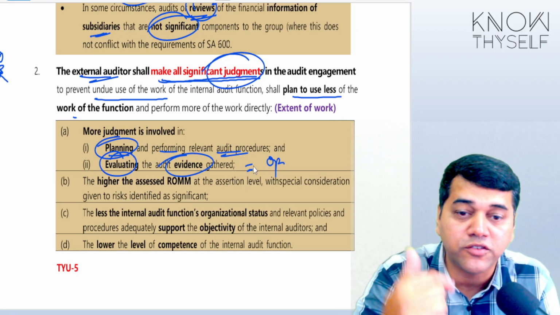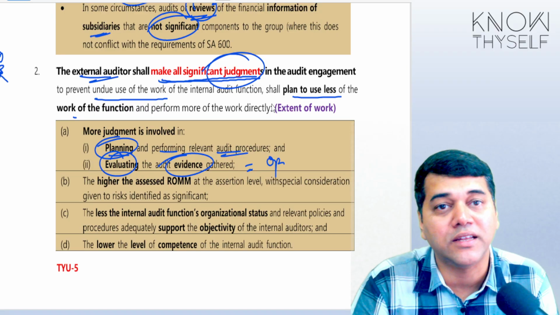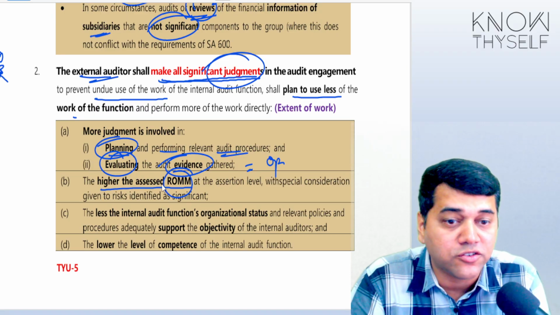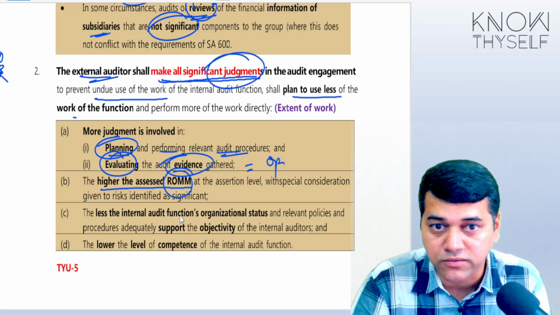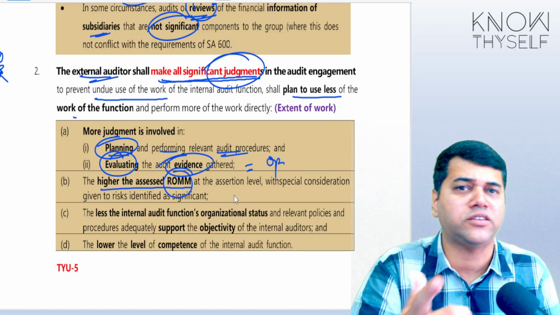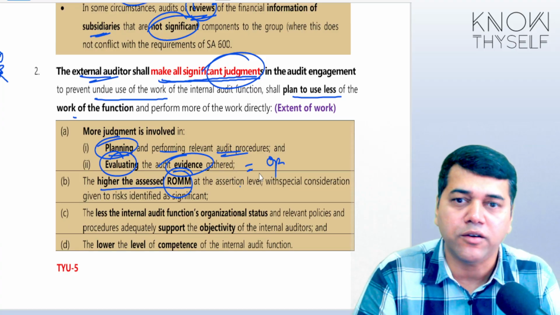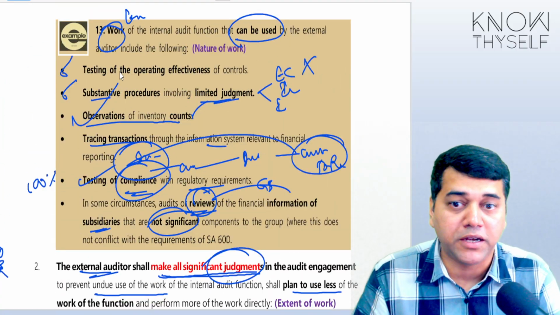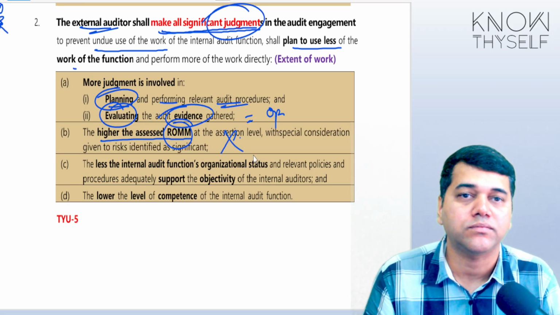You need to have a basis for that. So there you don't use them. You evaluate and tell whether that is fine or not. And if you find any area where the high risk of material misstatement is there, yes, don't use the internal audit function's work. That work you do yourself, like inventory. You see that inventory is highly susceptible to fraud. Inventory verification has been done by the internal auditor. Now first question, can I use the work of internal auditors? Yes. But if this inventory happens to be a high risk area, then don't use.